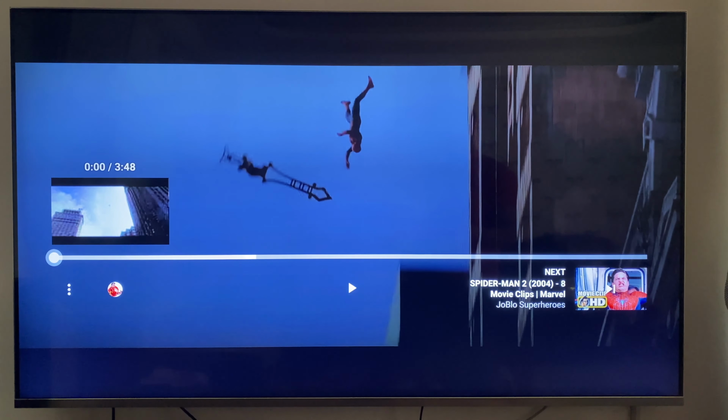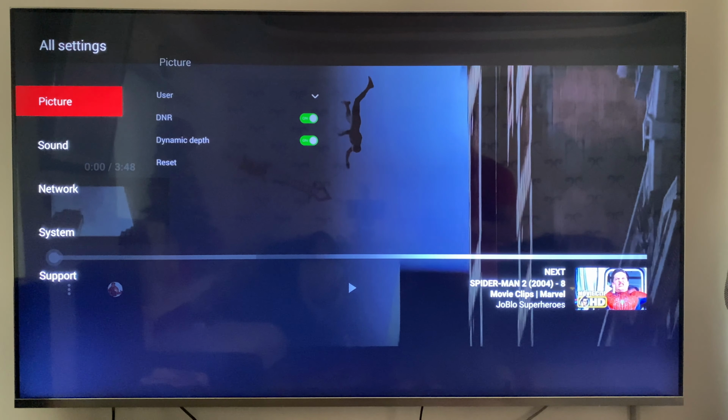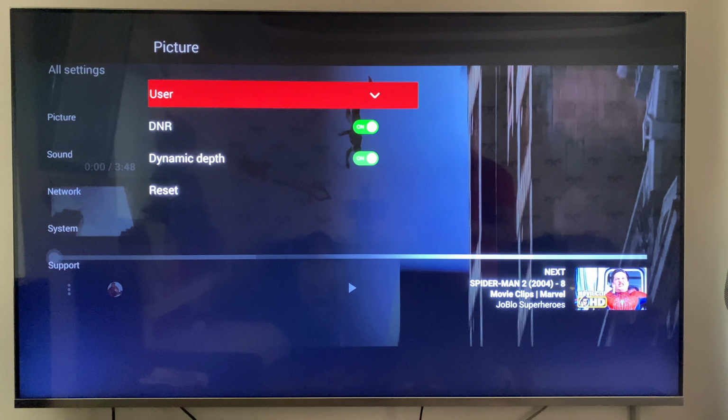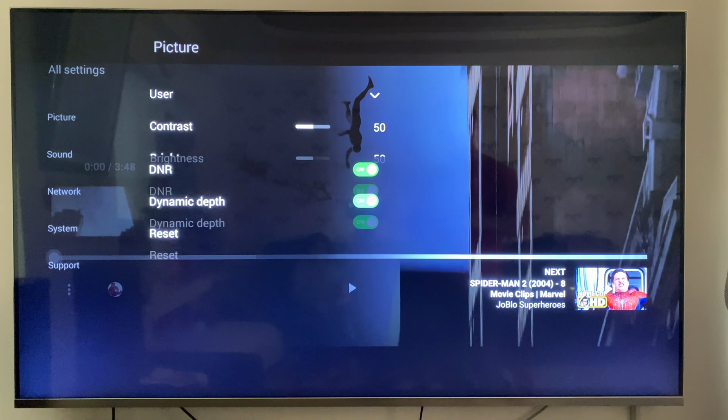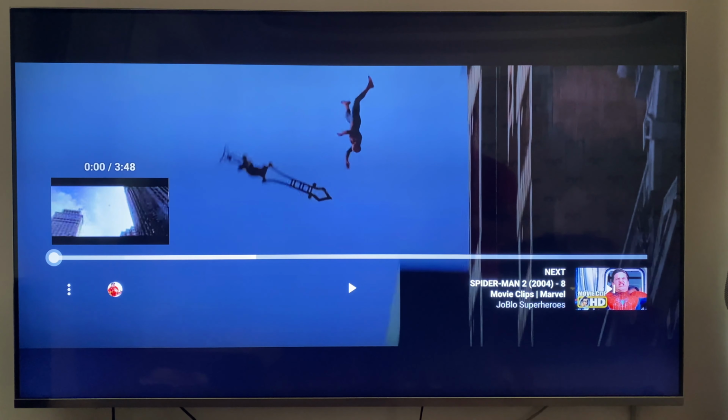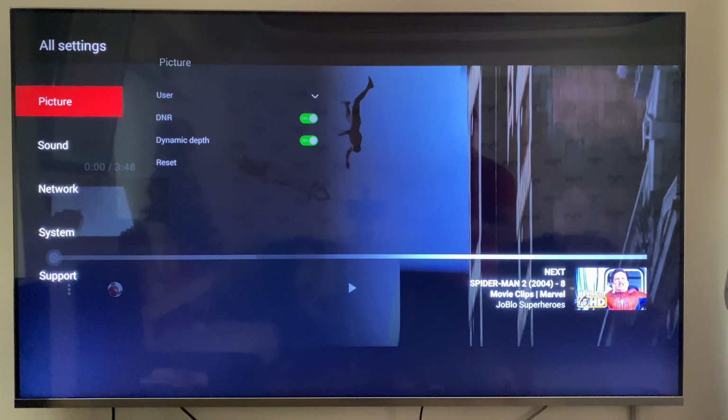Now different televisions might call it different things. On this particular television, if I go into my picture settings, then the MEMC is called motion optimization. But if you buy a MI television, or a Sony television, or a Samsung television, it might be called something else. Some people might just call it the plain Jane name, MEMC. But in my case, it's the motion smoothness, I believe. That's what it was called, right?